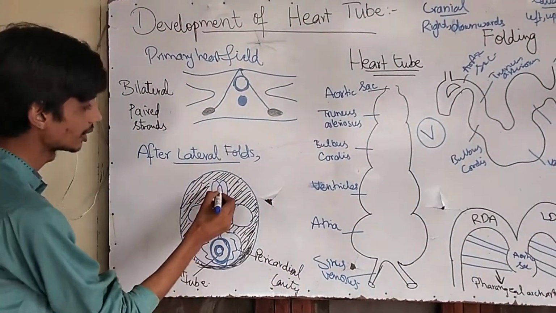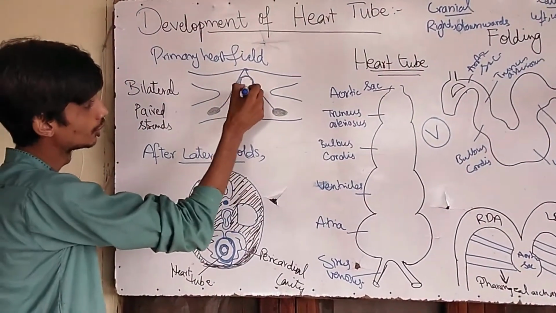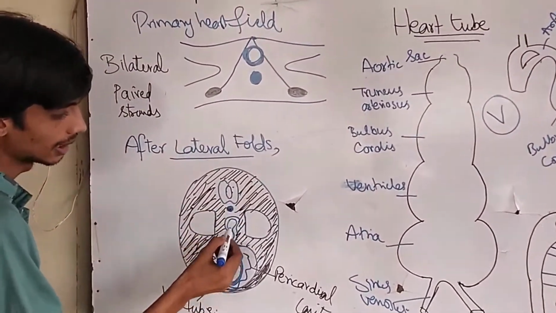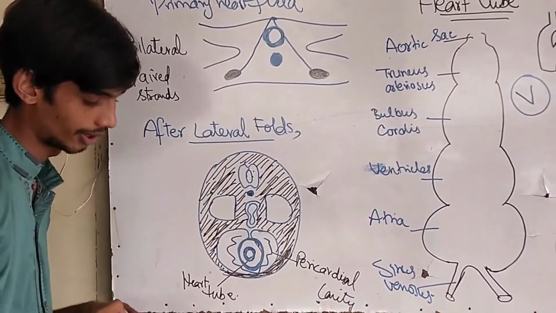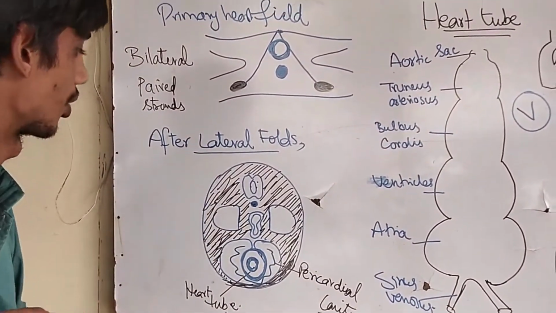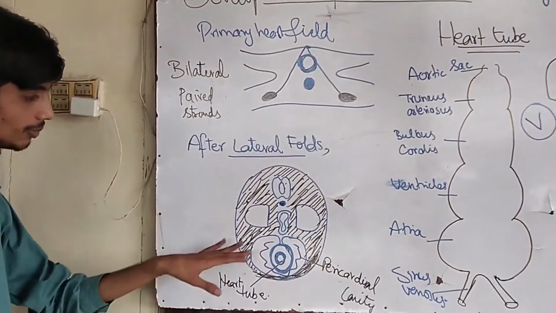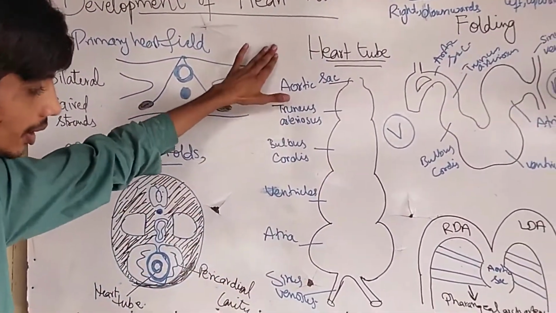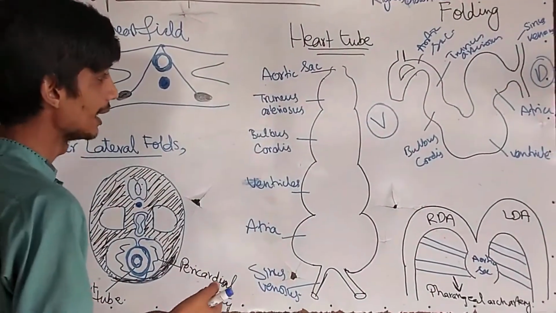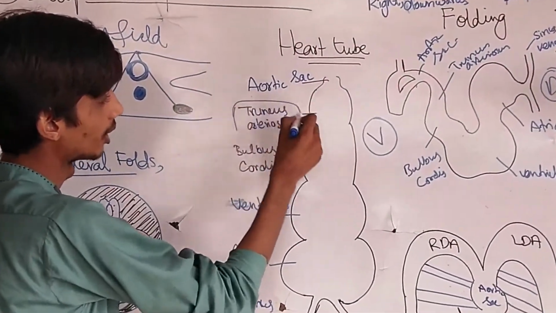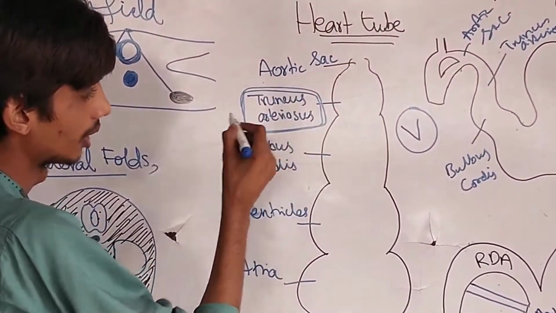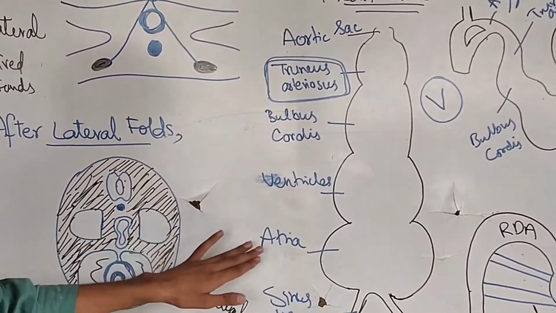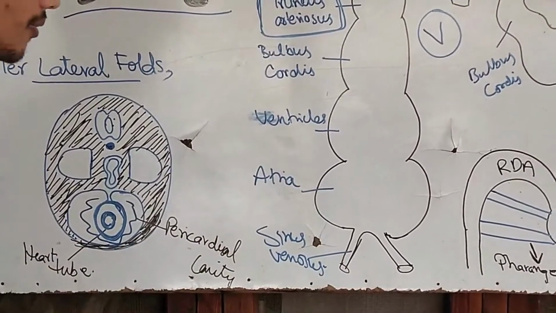This is the heart tube, and this is the pericardial cavity, fine. And this is basically the neural tube that is shown over here, and this is the notochord, fine. These are the other developing structures, esophagus and trachea, that are not relevant to the heart tube. So this is the heart tube which is developing. Now we are going to see the different parts of the heart tube, cranial to caudal end. Cranially, the very first part is the truncus arteriosus. Second part is bulbus cordis, third is ventricles, fourth is atria, and fifth is sinus venosus.